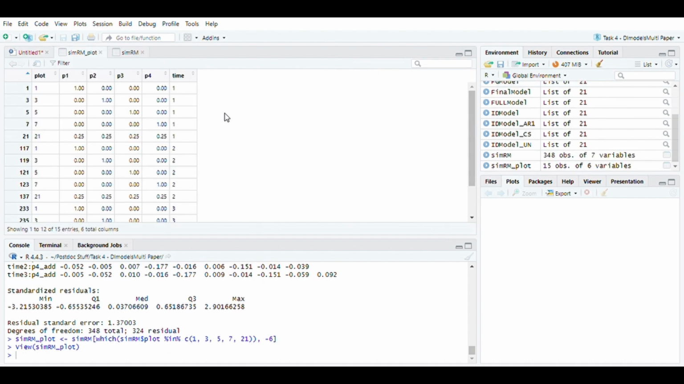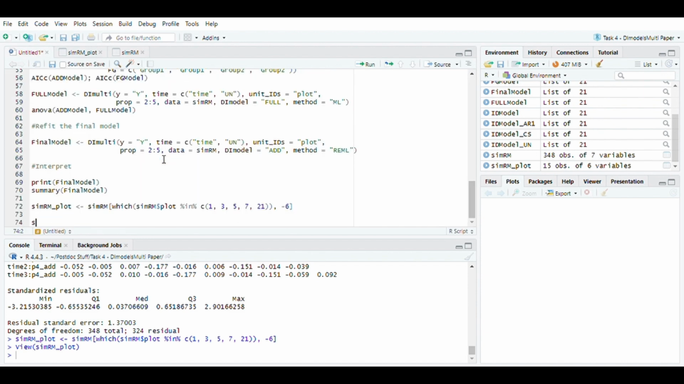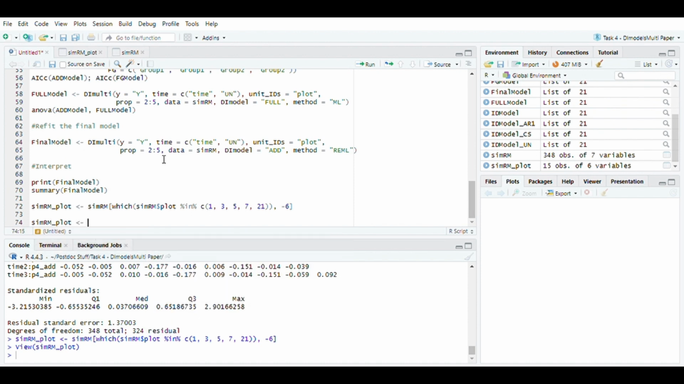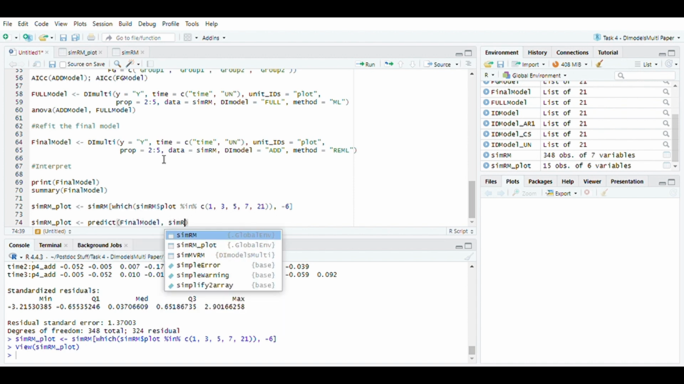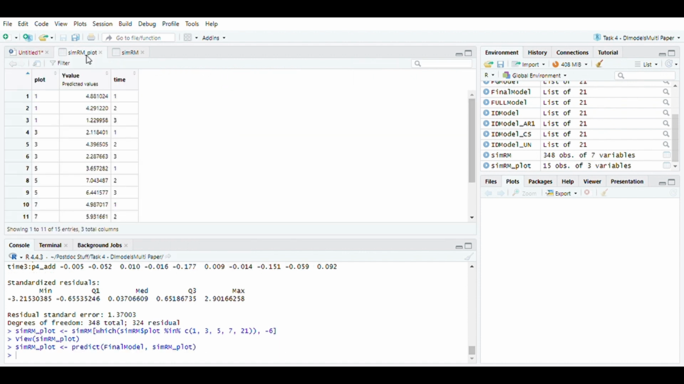We can now look at our SimRM plot and see that it does in fact include all of the predictive information, but not a response. From here, we can replace it with our value from our prediction by calling the predict function on our final model using our SimRM plot values. Looking at this again, we can now see that we have retained our plot, we have our Y value estimated,